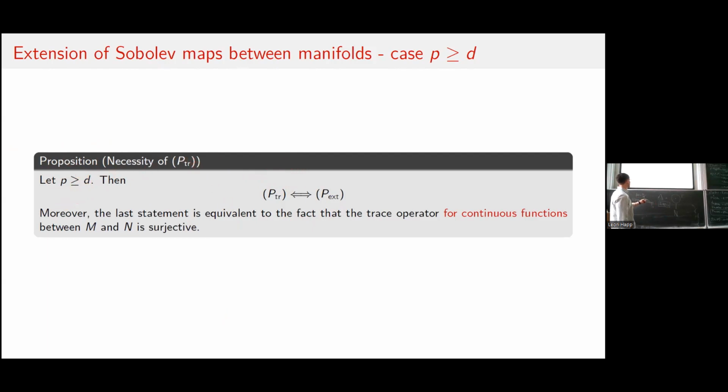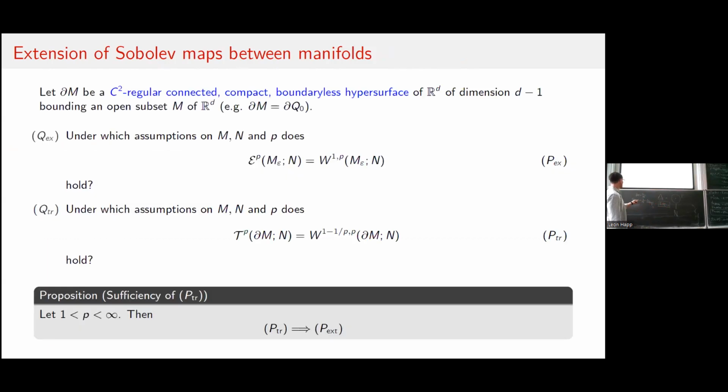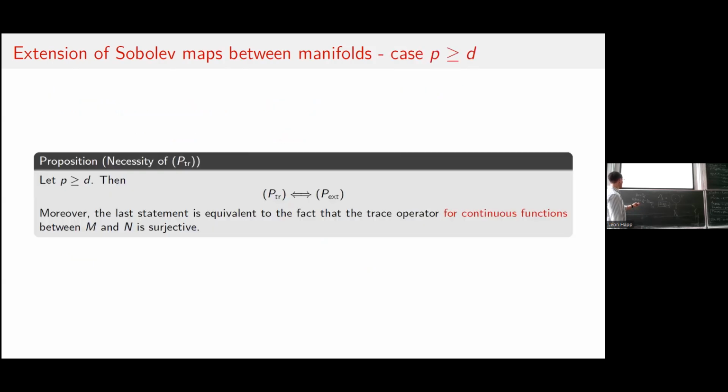And so if you take functions on the boundary, so again, this direction is always obvious, right? Going from the trace property to this extension property. In the other direction, we want to extend functions from the boundary to the annulus, preserving this target manifold constraint. If you work with continuous functions, you extend them from the outside, and because they are continuous, they will not go too far away from your target manifold. They will always range in this tubular neighborhood, and then you can project back. So you will always get functions on the annulus only ranging in the target manifold. For the limit case, you can basically show the same. So they're actually equivalent for p bigger than or equal to d.